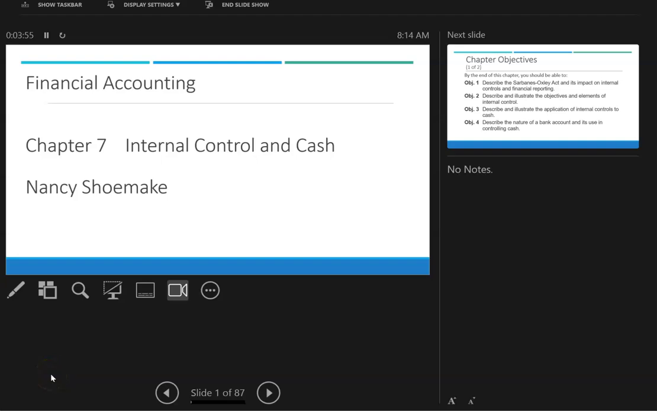This week, we're going to cover Chapter 7 in our Cengage textbook, and we're going to talk about internal controls. Primarily, the exercises this week are going to deal with preparing bank reconciliations and talking about petty cash. So,